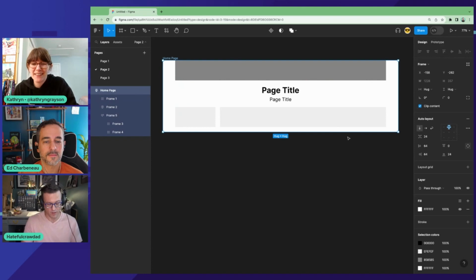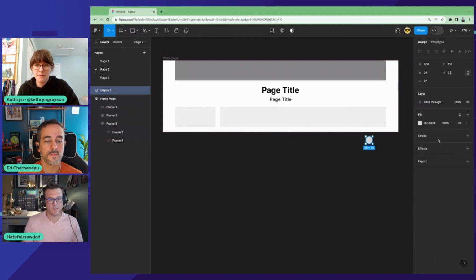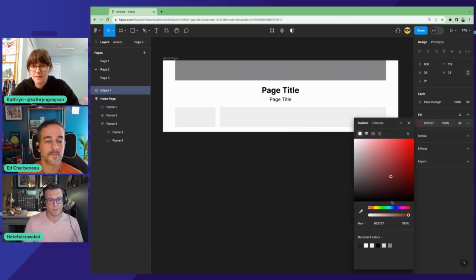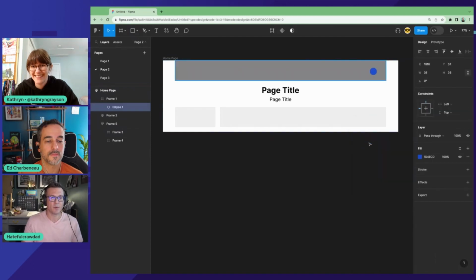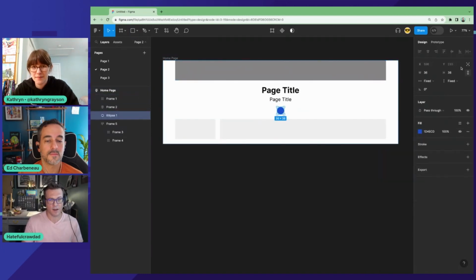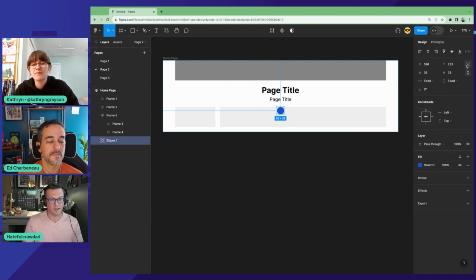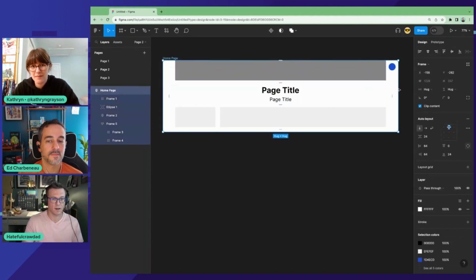Yeah, and an important part of it too is the absolute positioning. So maybe I wanted an icon to always float up in the upper right for whatever reason. I could make my icon, just random, it's going to be ugly, and put it in here, and it'll try to go in the auto layout because this is auto layout. But there's this button right here that's absolute positioning. If I click that, it takes it out of the flow just like you would expect, and then I can move it around with my mouse or arrow keys. It'll try to put it back in the flow sometimes, depending on where you put it. But now I can put it here, and no matter what I do with my auto layout,